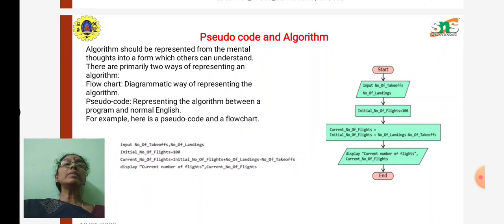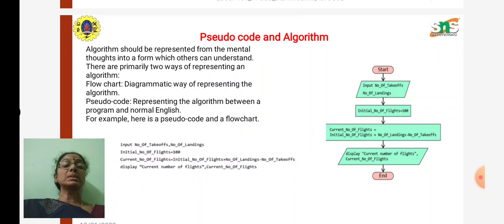So initially we are given that the number of flights in the airport is 100. Based upon that, we have to calculate the current landing and takeoff flights in the given airport. So the current number of flights is equal to the initial number of flights